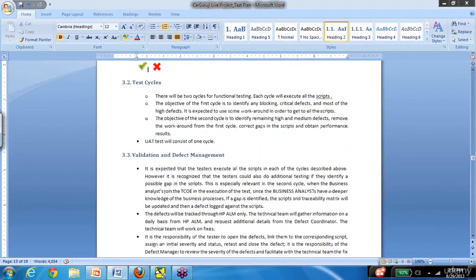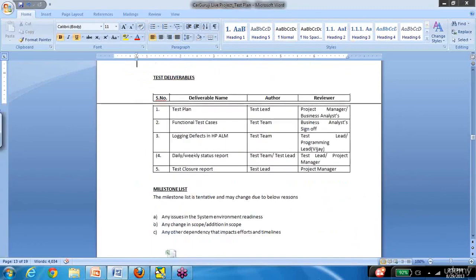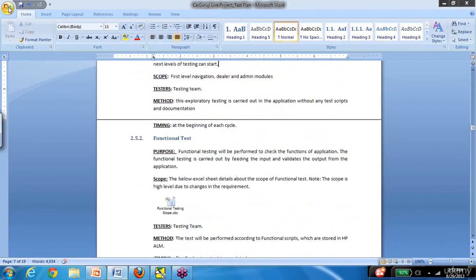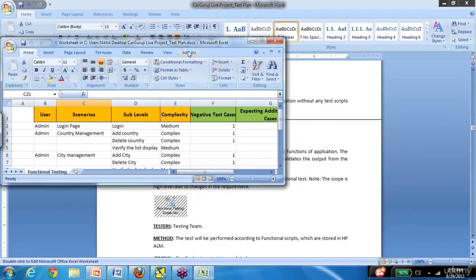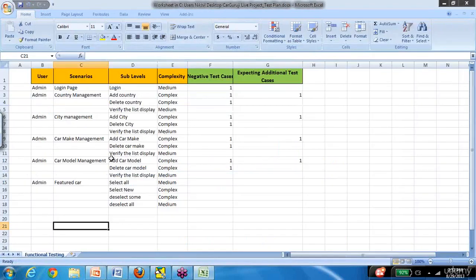Okay, anything, team? I will send out this document to everybody. But again, I left adding the scenarios to you. I just created the admin module scenarios as a guideline. So if you are in the process of creating the requirements for the live project, you can just add it to the sheet and carry on, or create your own template. That is completely up to you. Any other questions?